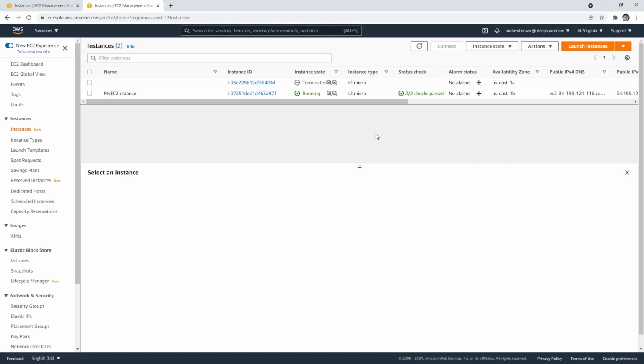Okay, so now that we have our Elastic IP, we have our EC2 instance running. Let's say we lose the server, we terminate it. So we would lose all of our configuration. So if we wanted to bake this AMI to save it for later, what we'd have to do is go